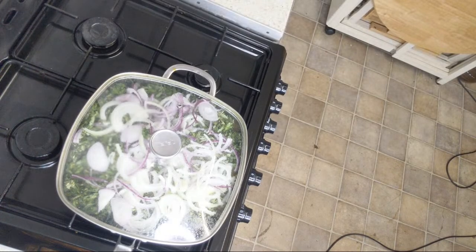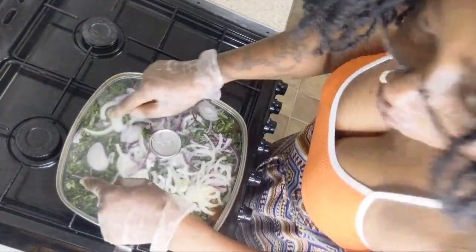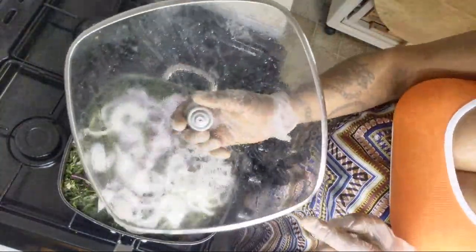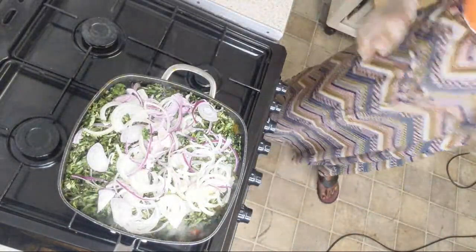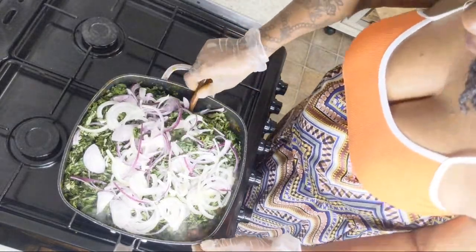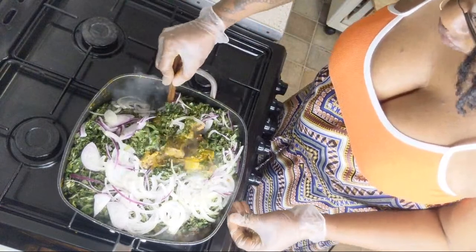The last time I cooked some delicacy. You see? Now you see the pot is bubbling around, so it's time now to take the cover off, because we don't want all this moisture to go inside our pot anymore. So what we have to do now, make sure you bring this to the surface, because we need